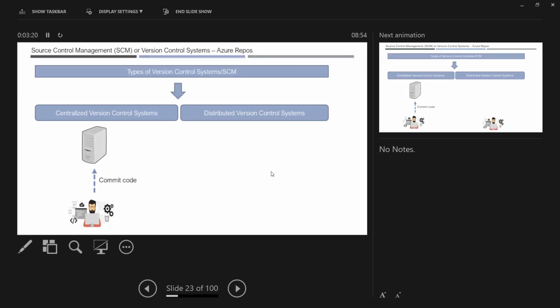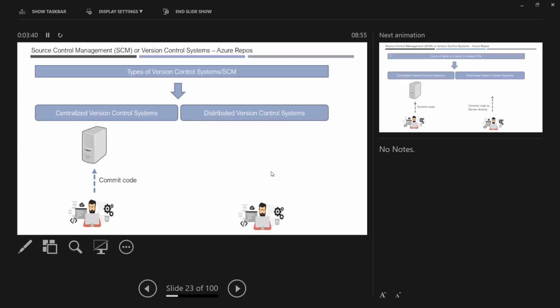This is very simple. You have one server where you install your source control system software, and you keep your code on that server. This is very straightforward in a centralized system. That means one server and different people. How does it work in a distributed version control system?